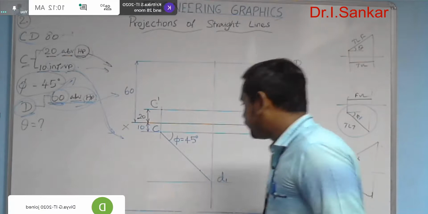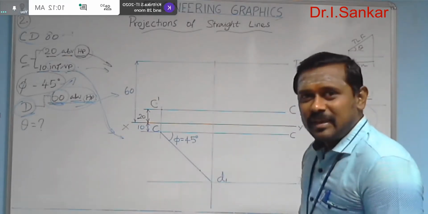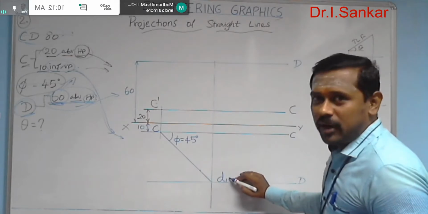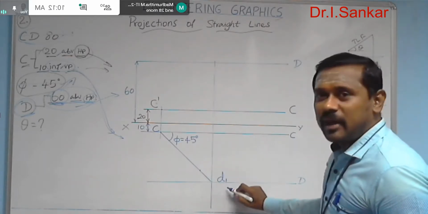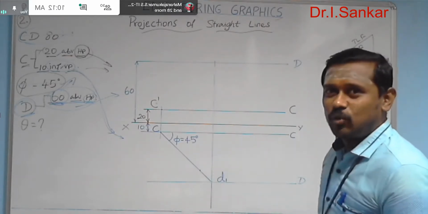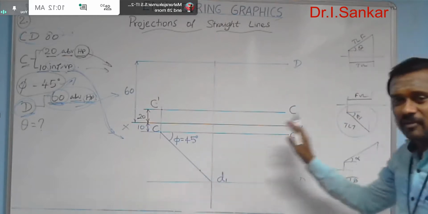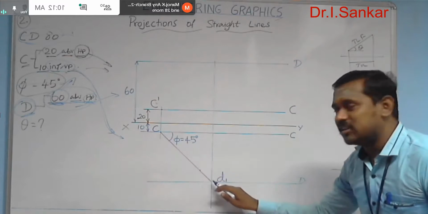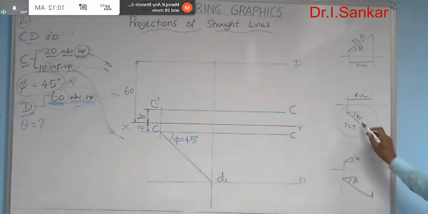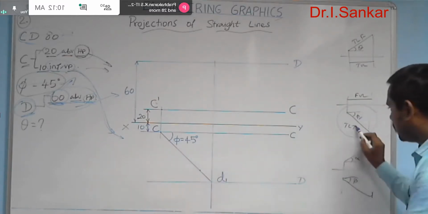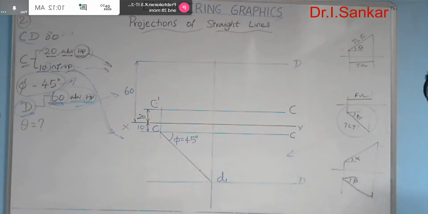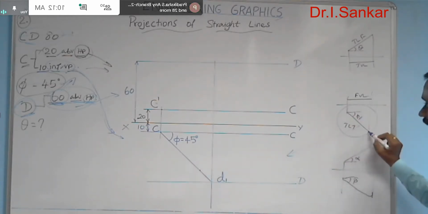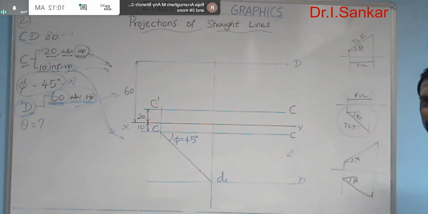Okay. Any idea? Immediately one thing will strike in your mind. I am having D1. Where to mark its pair? D1 dash. For that, just refer our basic template. Who is the pair for the true length line in the top view? See here, this is what we drew here. So who is the pair for this true length in top view line? Front view length line is the pair.